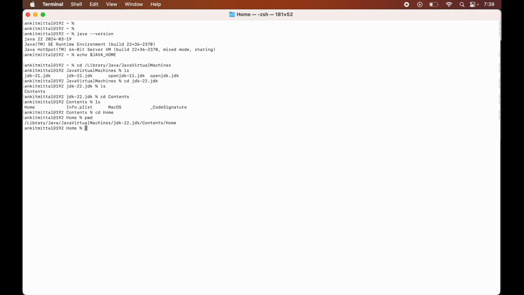In this Home folder itself, all the binary and the library files are present so that Java can function properly. So we need to set this particular path in this JAVA_HOME variable. And we will set this value permanently in the .zshrc file or the .bashrc file. If your macOS version is Catalina or a higher version, then there will be a .zshrc file, or in case you are using a lower version than Catalina,